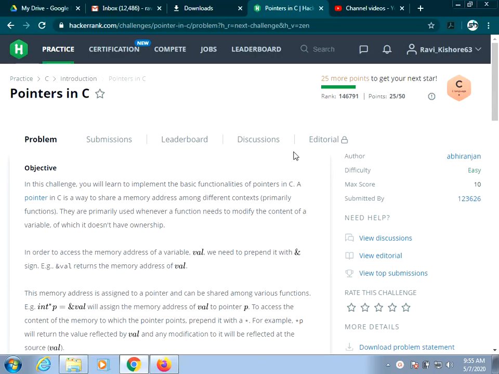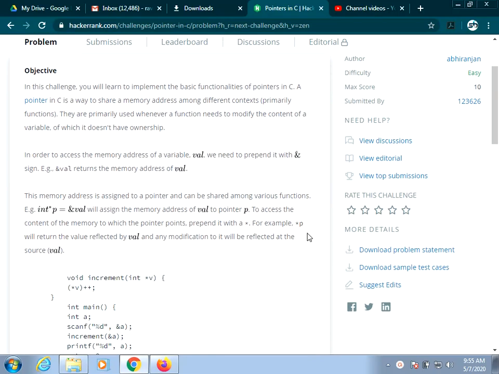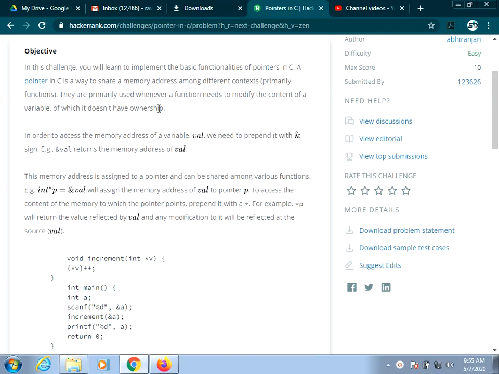Okay, we'll go for challenge 5. The objective of this challenge is that you will learn to implement the basic functionality of pointers in C. I think you know what the use of a pointer is and how to use pointers in C programming. So pointers will store the memory addresses of variables, and in order to get the memory address we'll be